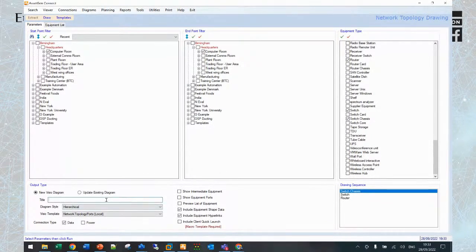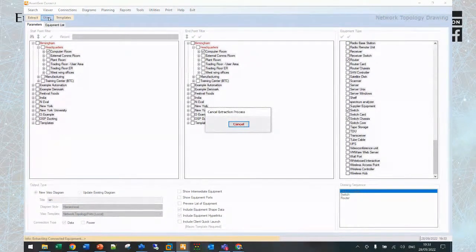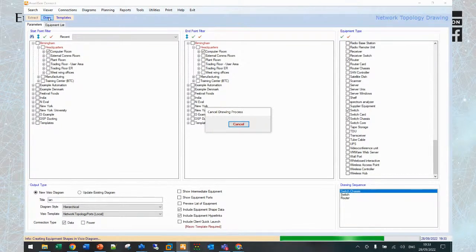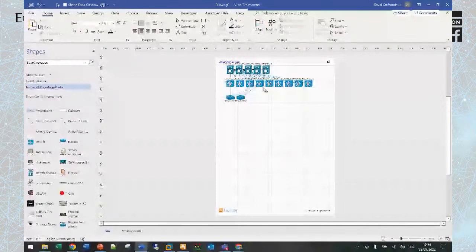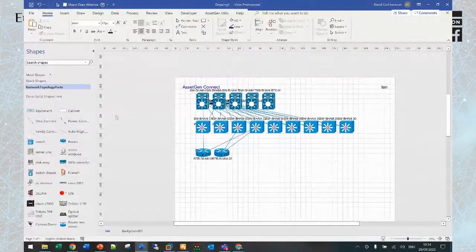And then we just, I'll give it a title at the bottom here, and I'll create a new diagram. And all that this software called Astrogen does is it just filters out all the database, matches up the symbols and the shapes to the Visio template, and then works out all the connections within the database of all the different cables and paths and power and various other things, and then draws it, puts it all on a page for you. And so what would normally take probably 3 or 4 days to do, I've been able to do,